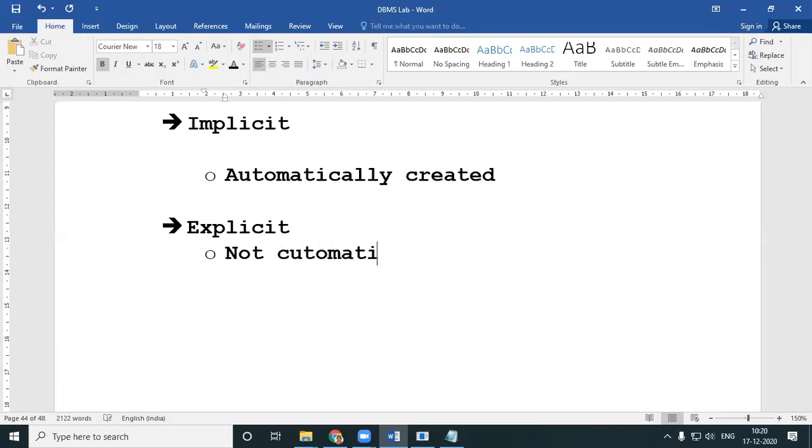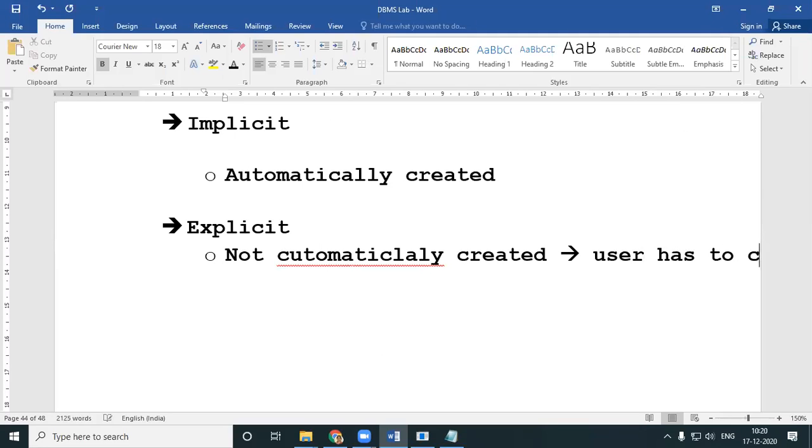The user or the programmer has to create them. So all that we did till now, your normal deleting, inserting into, updating, all those you normally write in PL/SQL, are automatically done. So all that comes under the category of implicit cursors.